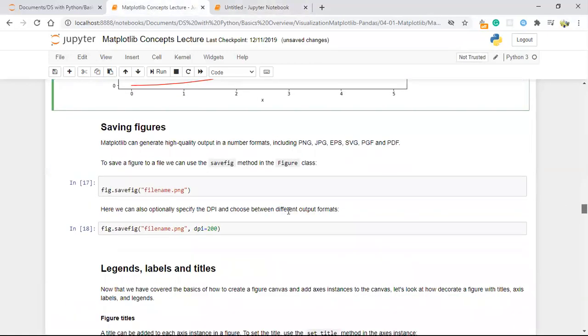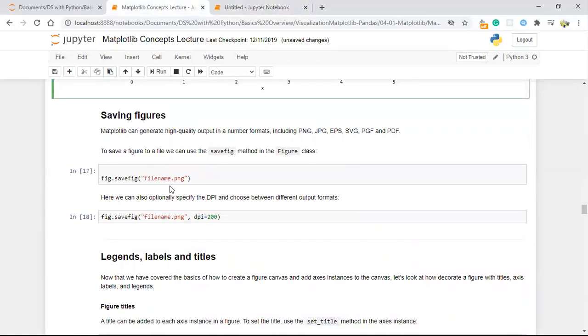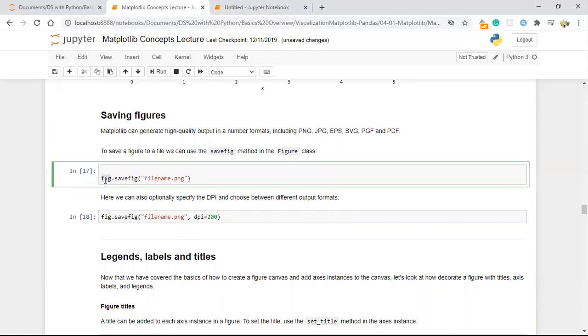The next thing is, if you want to save your figure, you can give the variable name dot savefig. It's an inbuilt function. You give the file name with the .png extension, that's an important thing. DPI means dots per inch.